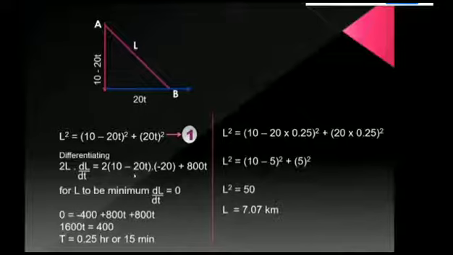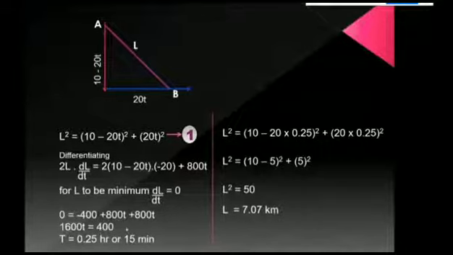Now an important thing: for L to be minimum, which is what the question asks, L has to take the very small value, the shortest distance. For L to be minimum, the derivative of L has to be 0. That's it. With this simple idea, I can proceed. Maths is teaching me this simple idea: for anything to be minimum, the derivative of that thing should be 0. So here dL by dt should be equal to 0, so the entire LHS has to become 0.